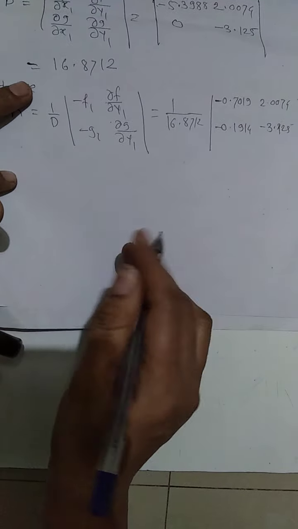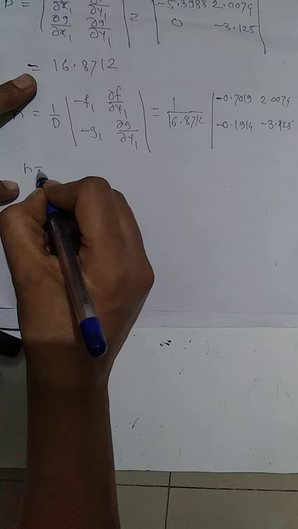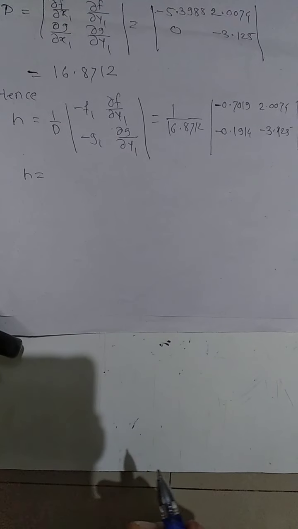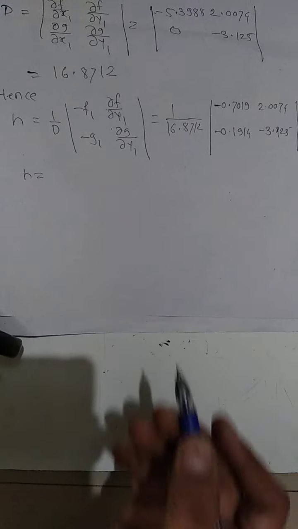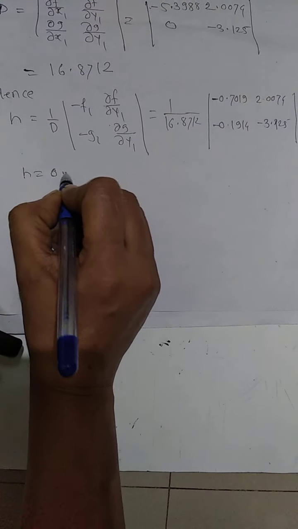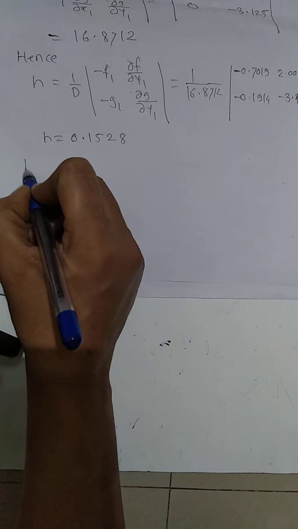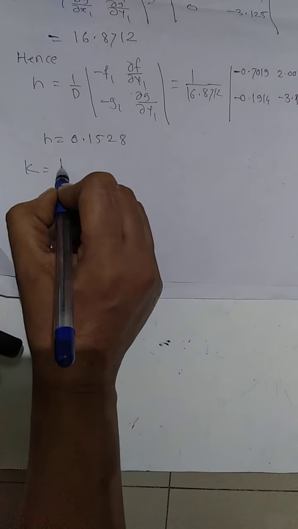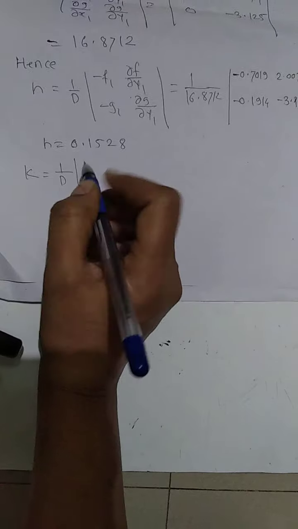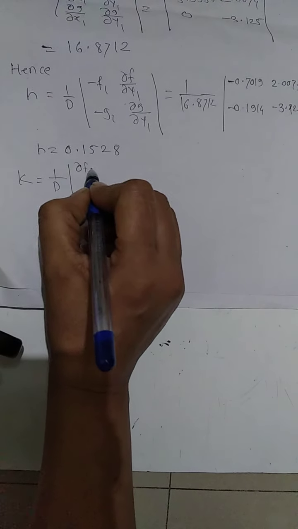After calculating, we get h is equal to 0.1528, and k is equal to, write the formula, 1 upon d into del f upon del x1